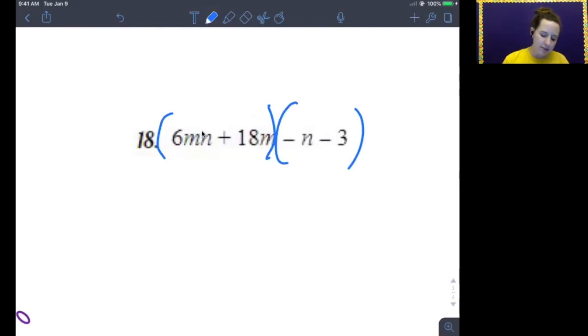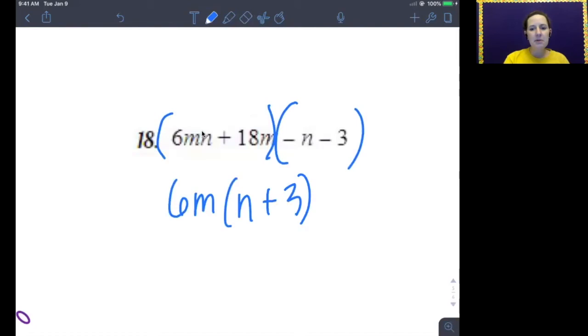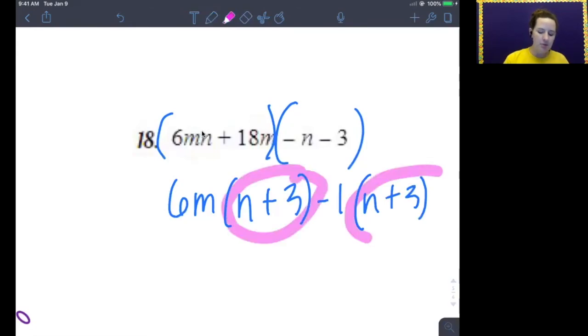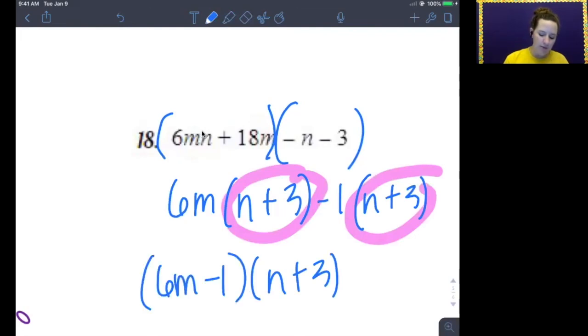Okay, so in this first factor, I'm going to pull out a 6 and an m, and I'm left with n plus 3. That very closely resembles my negative n minus 3, but I need the signs on that second factor to change. So I'm going to bring out a negative 1. Anytime you want to change the signs, we just need to bring out a negative. So it's going to leave me with a positive n and a positive 3. Now these 2 pieces match up. So I'm going to bring down the n plus 3. And my other factor is going to be 6m minus 1. And that comes from right